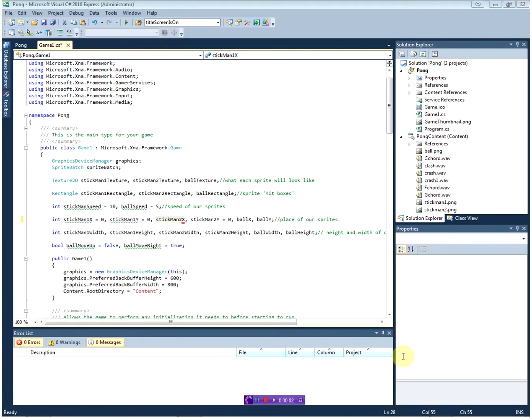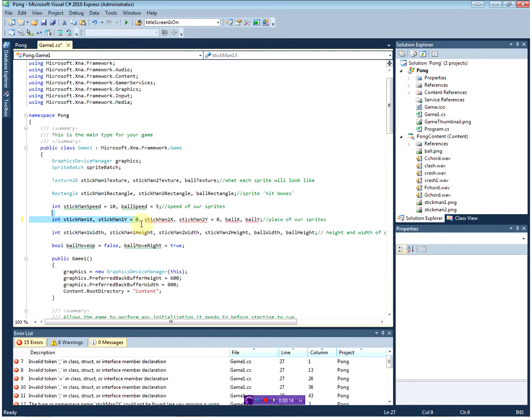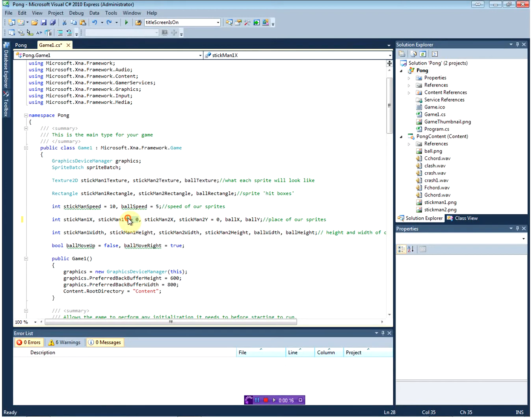Alrighty, so let's make our Pong game work like a Pong game. So, sneak peek. Nope. So to start off, you kind of already got a sneak peek there. But to start off making a Pong game work like a Pong game, first thing we gotta do is give our